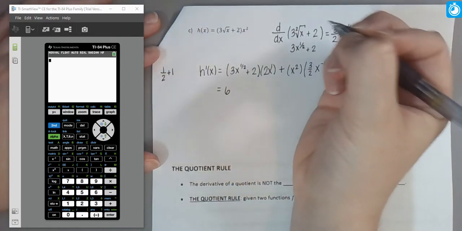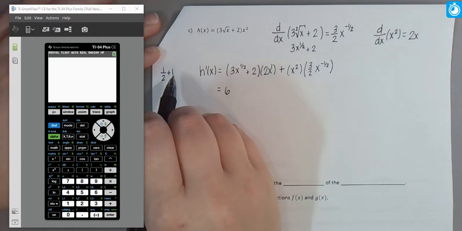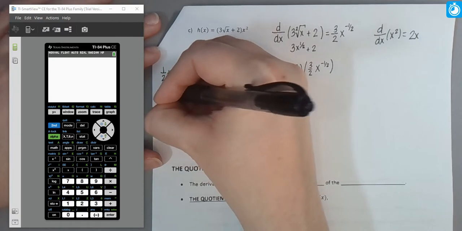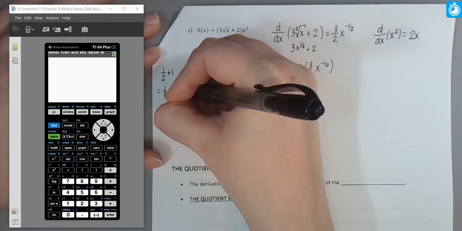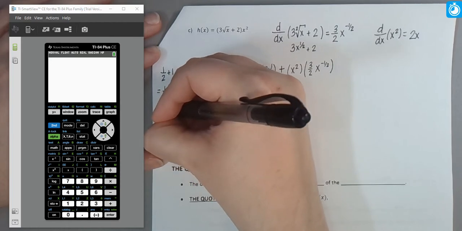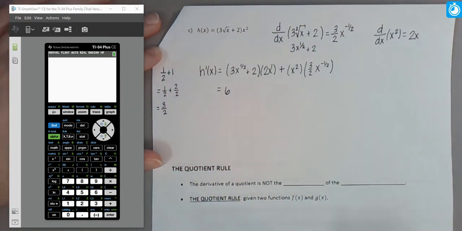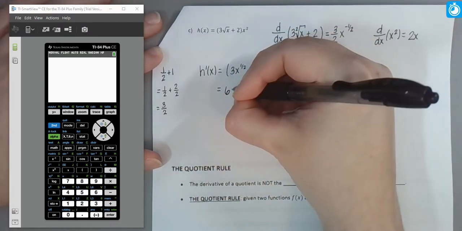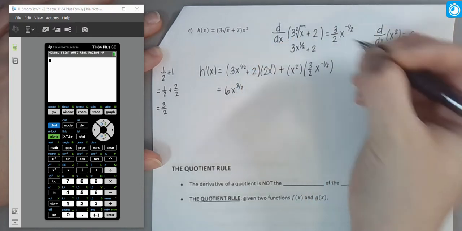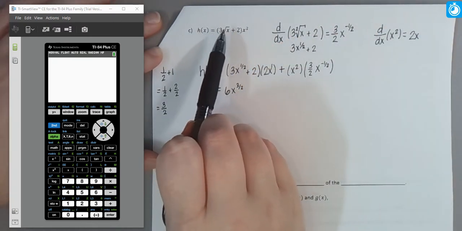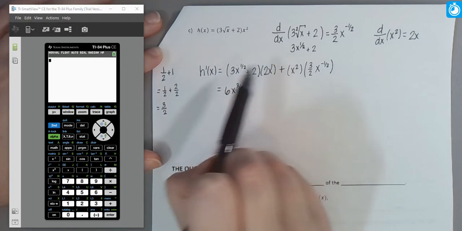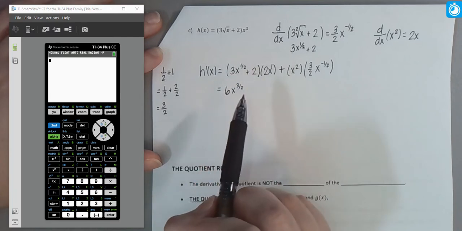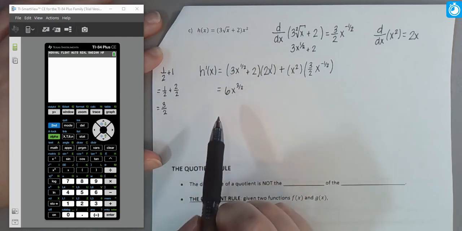So 1/2 plus 1. Well, of course, I would need to get a common denominator to do this addition. We don't want to write this as 1.5. We want to write it as an improper fraction. So that's going to be 1/2 plus 2/2, which is going to give me 3/2. So when I multiply the x's together, add their exponents, that's going to give me x to the 3/2. And notice if we use the radical version of this expression, doing that multiplication would not have necessarily resulted in